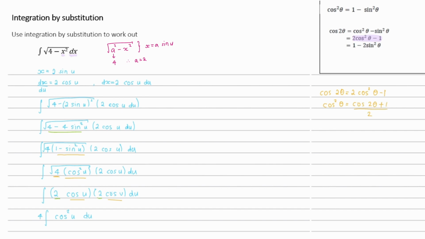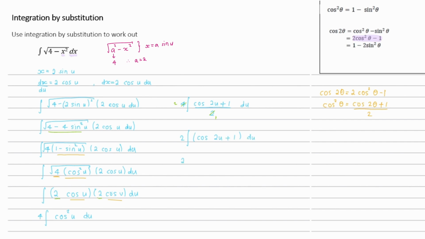We can therefore now rewrite our integral with 4 on the outside of our integral, and instead of cosine squared u, we can now write cosine 2u plus 1 over 2 du. If we just simplify that now, we can now write this as 2 on the outside and cosine 2u plus